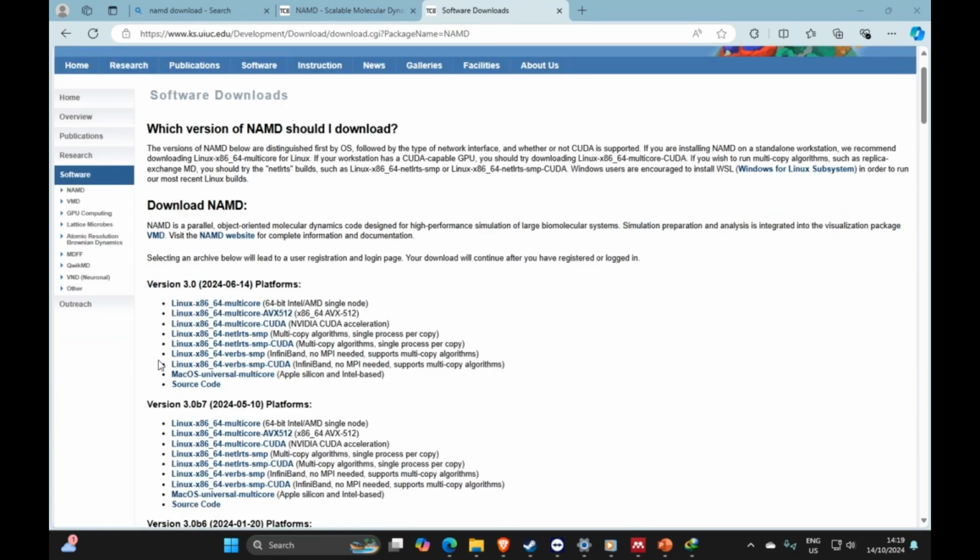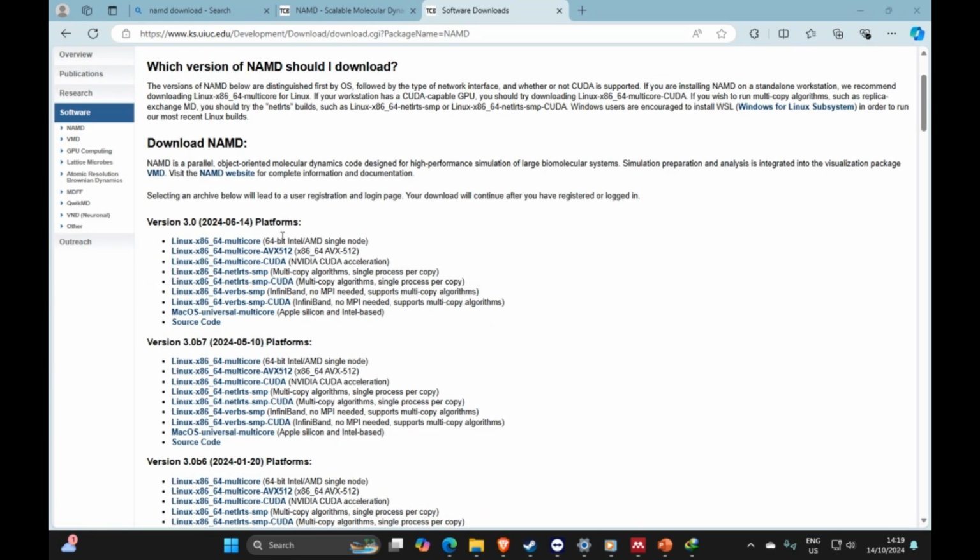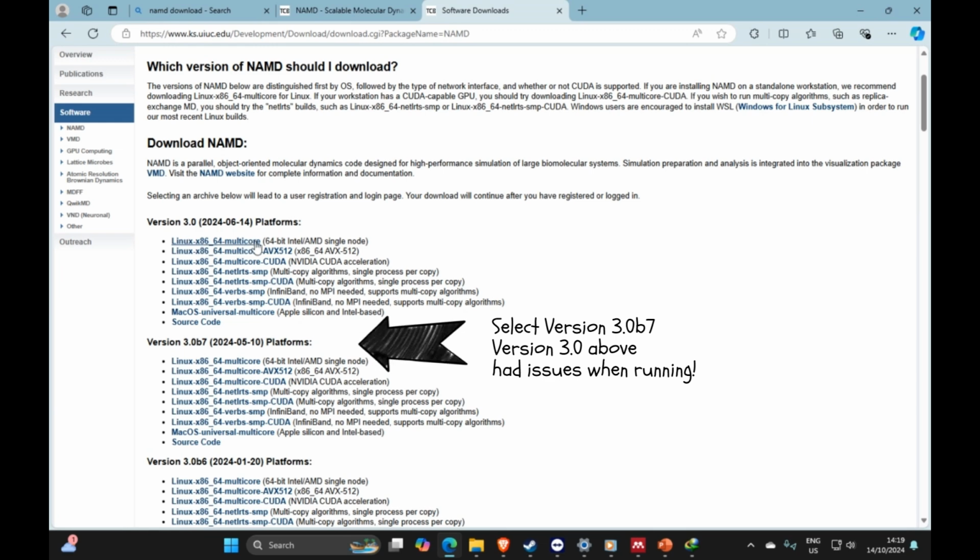So this is what you can see. This is the list of the versions. If you're using NVIDIA, you can use this version. This one here, although it's written AMD, is actually the version that uses CPU power, not the GPU. So unfortunately NAMD is very much biased for NVIDIA. But moving on,